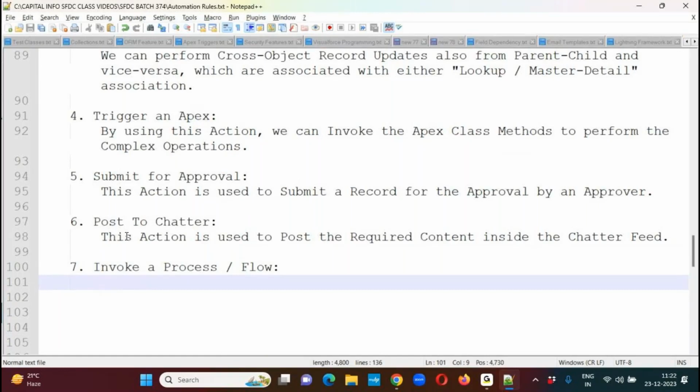Seventh action, invoking a process or flow. By using this process builder, one process builder can invoke another process builder, like a chaining mechanism. Now, whenever I'm invoking the first process, it will invoke the second process. Second process will invoke the third process. Third process will invoke the fourth process. Like that, we can implement a chaining mechanism also by using the invoke a process action. So that by using process builder, we can invoke another process or we can invoke a Lightning flow also, by using this action. Okay, now